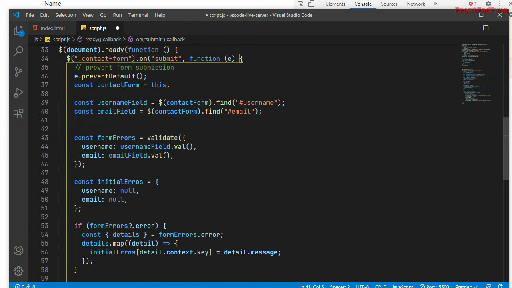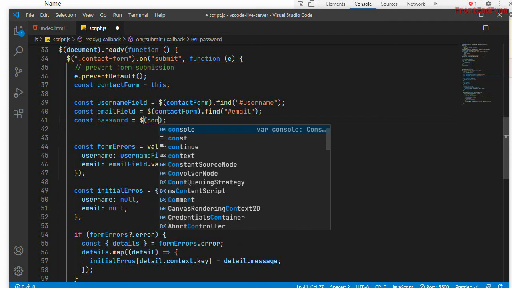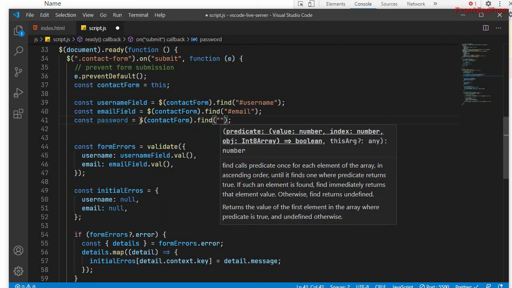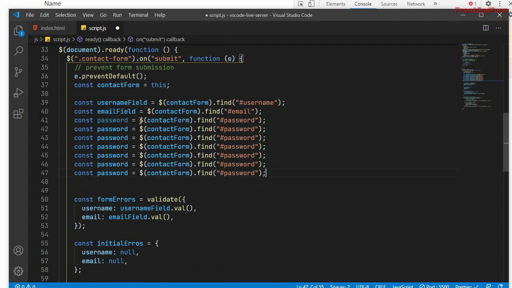Okay, so I'll just use const, and for the password, next contact form dot find hash password. Next we need to use remember me, that is a checkbox here.